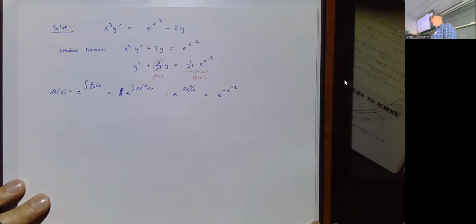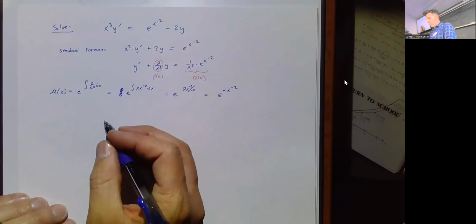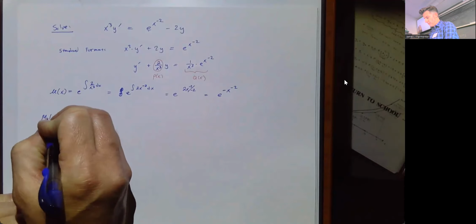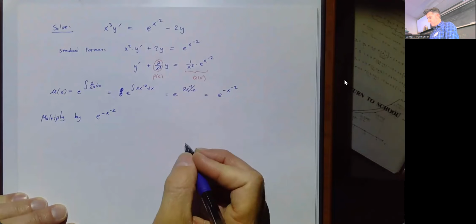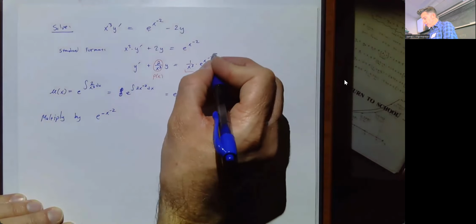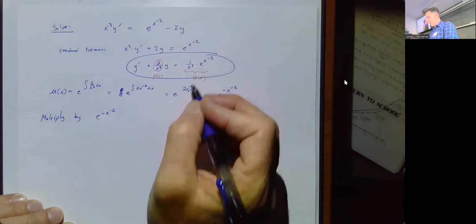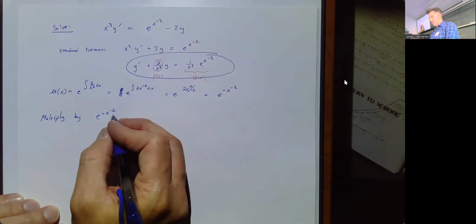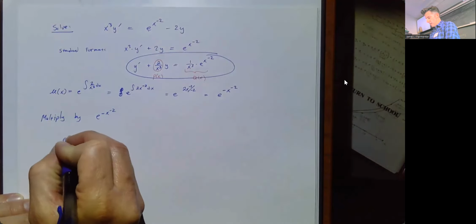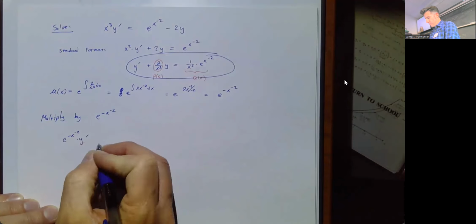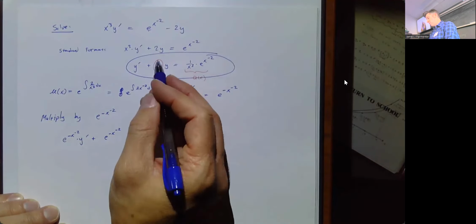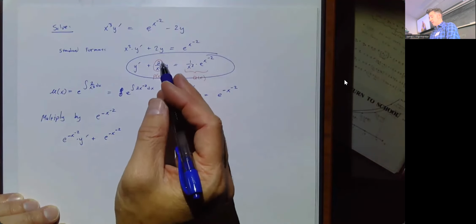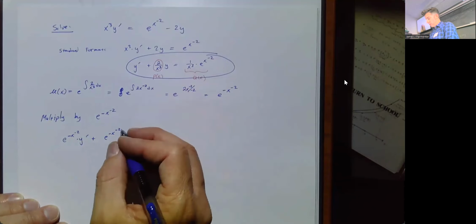And then I think it's good practice to multiply it, to show all the work, especially if your teacher wants you to show it. So we're going to multiply the whole equation by e to the negative x to the negative 2. We take this equation written in standard form and multiply it by e to the negative x to the negative 2. So we have e to the negative x to the negative 2 times y prime plus e to the negative x to the negative 2, and I'm going to rewrite 2 over x cubed as 2 times x to the negative third just to make it more obvious what's going on here,